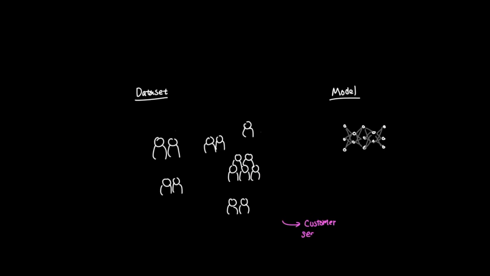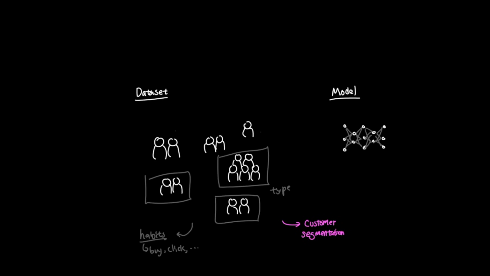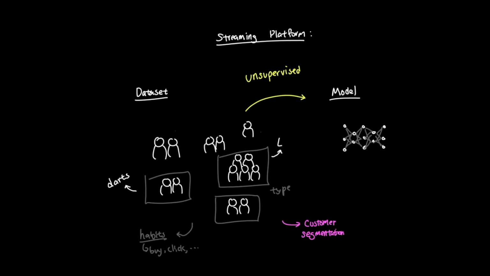A more relatable example is customer segmentation. A company might have data about how users browse, buy, click, or watch content, but it may not have clean labels for what type of consumer each person is. An unsupervised algorithm can help group similar users together. For example, a streaming platform might discover one group of users who only watch professional darts, another who binge on Love Island, and another who puts on kids shows at 7 a.m. just to get 10 minutes of peace.